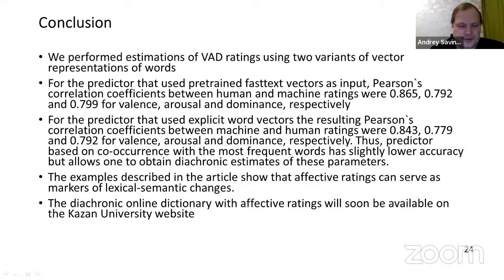Thus, we have a dictionary with fast text representation, and we prepared our own representation of words, explicit word vectors. Just we found fast text and we use it. Okay. It was very surprising because only 300 dimensions results is a little bit better than 40,000